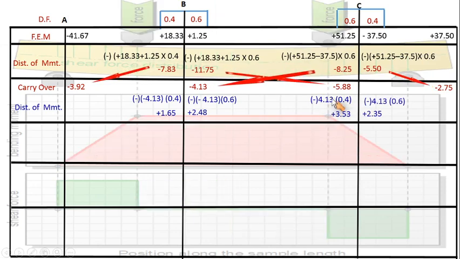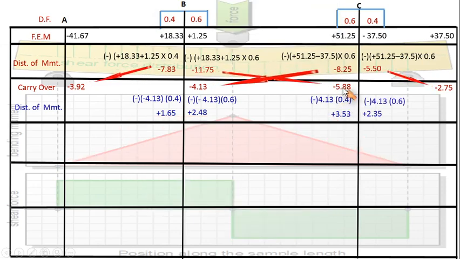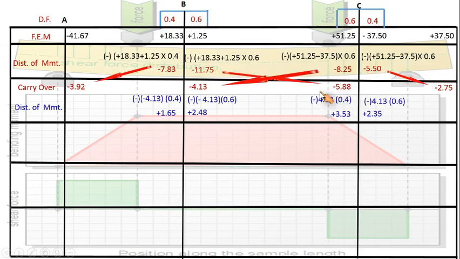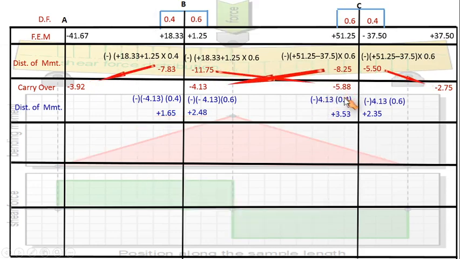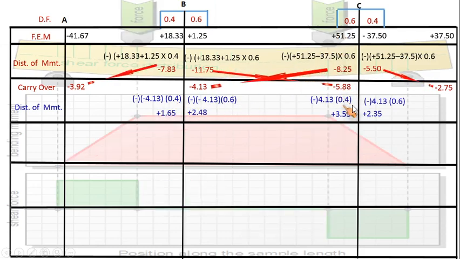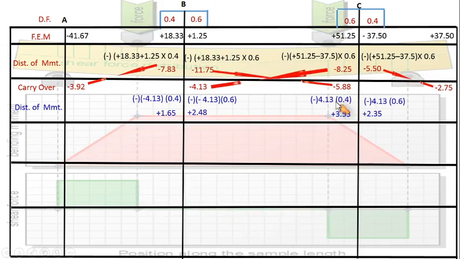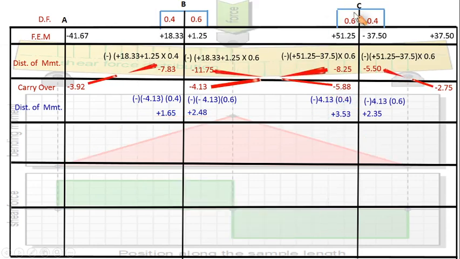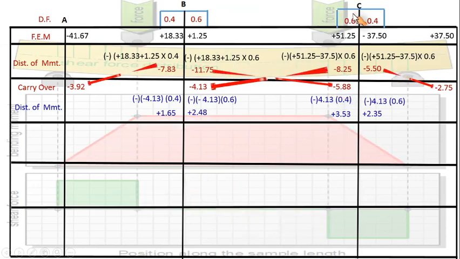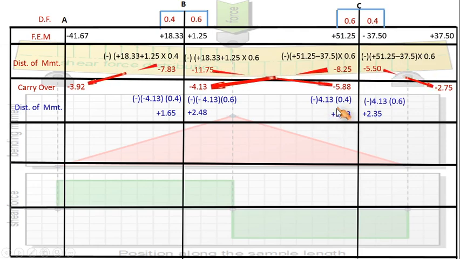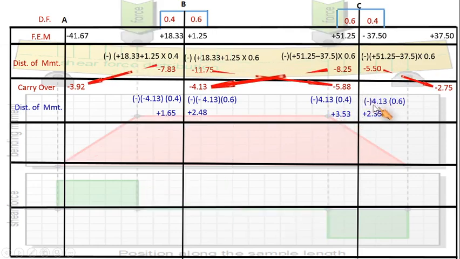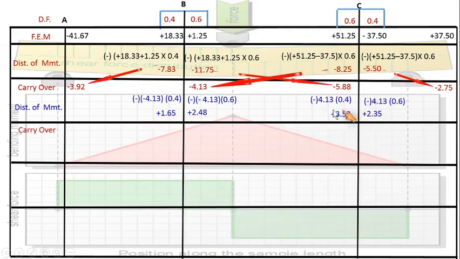So here you can see the thing what we did here. I beg your pardon, this has to be minus 5.88 into 0.6 into 4, as I have copied it as it is here. So you can make this correction in this particular step. Is it okay? So this into 0.6 and its negative will give you this value. Same is the case with the other part of the joint C.